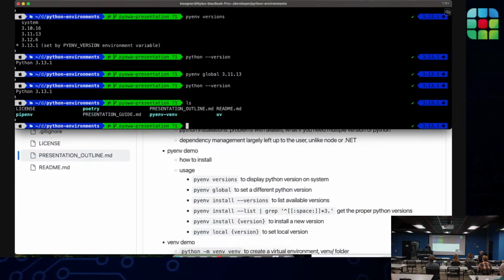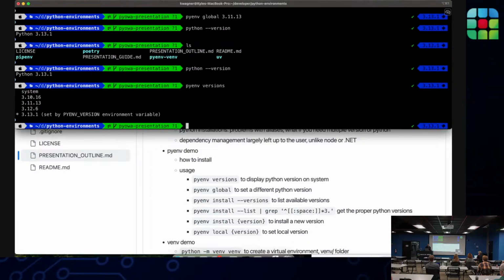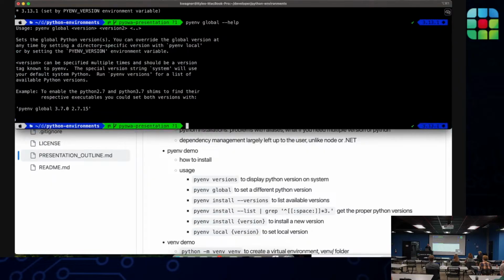Let's try 3.13. Let's try that again. pyenv global.